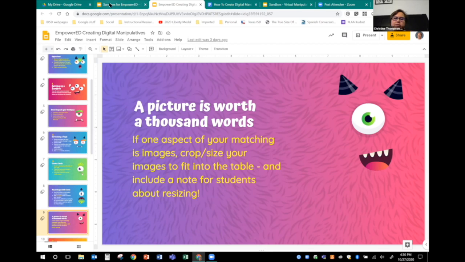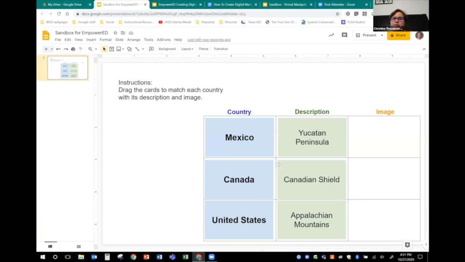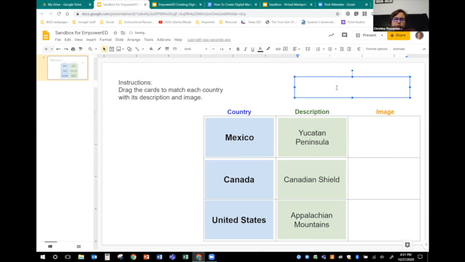And you're going to want to add a note to students about resizing, because I don't care how many times you've said, blow it up, take it back down. Anytime that you're going to ask them to do it, you're going to want to add some sort of note. So I'm going to go ahead right now and add my note, which is to remember you can resize the images for easier viewing.